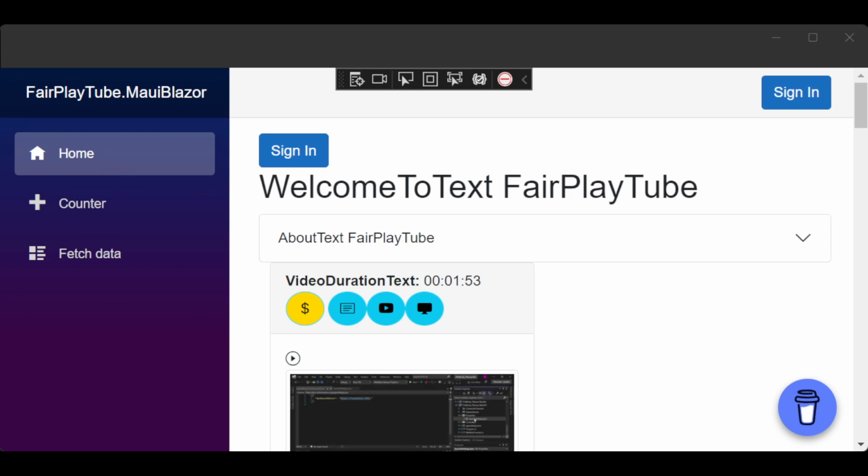Now, in the case of .NET MAUI, one of the crucial things that you have is that since it allows you to create cross-platform systems, and since you can also use what is called MAUI Blazor, which is basically MAUI using Blazor as its rendering engine, it means that you can create a whole solution for most platforms, including web, as we are doing in